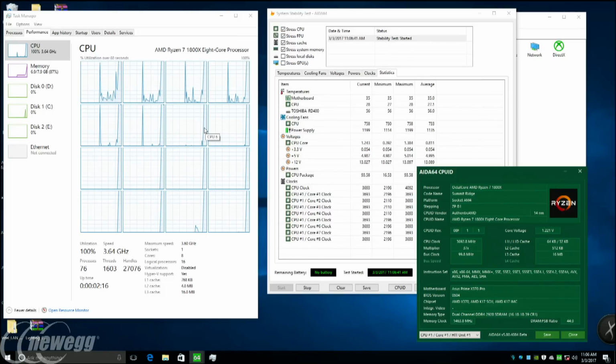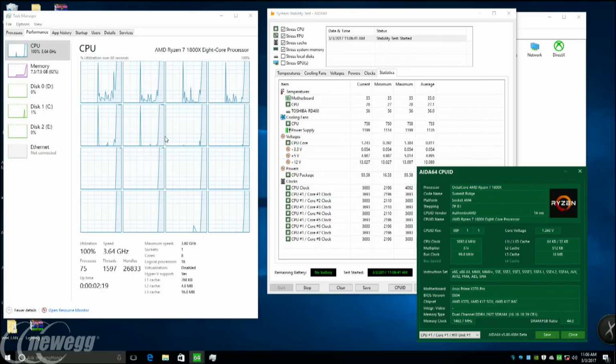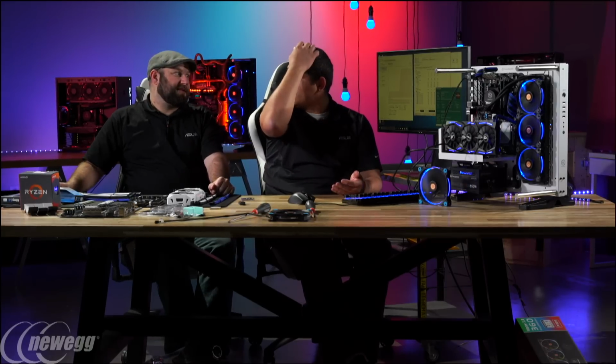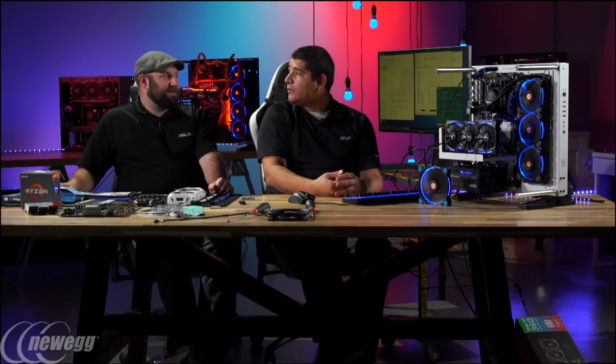So now you can see, of course, all my cores. They're all getting pegged up here, and then you can see memory just rocketed up. Yeah. So now we're fully loading all the memory, and of course at that frequency. So you can see we're able to reliably run at that. So anybody that's thinking that high DDR4 frequency is not possible on X370 Ryzen series CPUs, there you go, 2933, and I've actually tested 3200 without any problems, and even on our Crosshair board, we've been able to do higher,